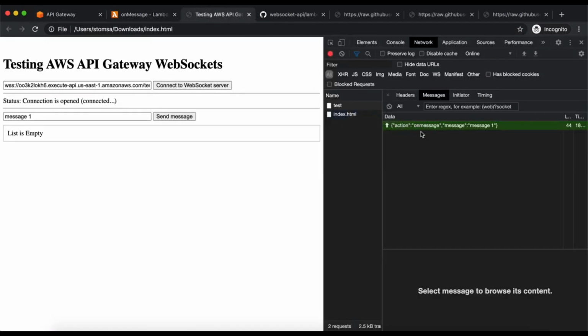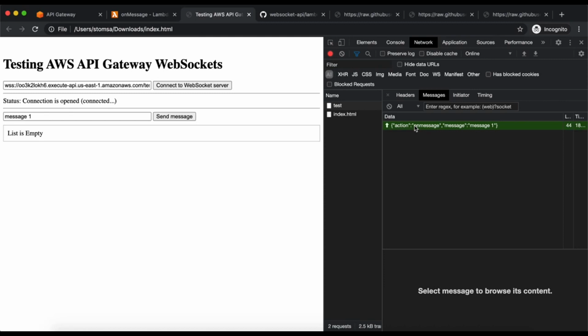So far everything works fine, and the next step will be to simulate a kind of chat behavior where multiple clients connect to the same WebSocket, and when one of the clients sends one message, the WebSocket will deliver that message to all the other clients. This way they will be able to communicate with all the others